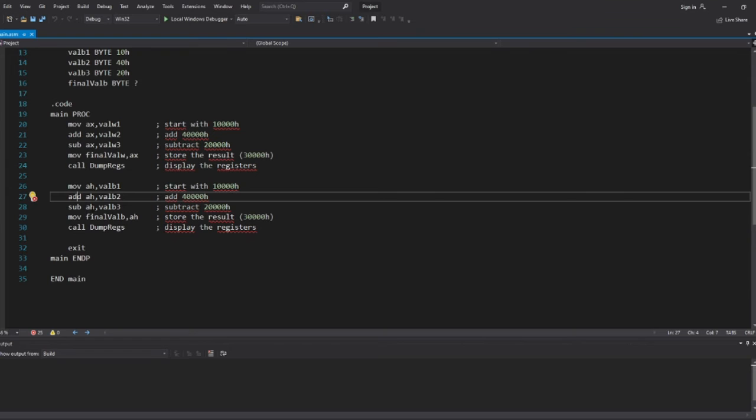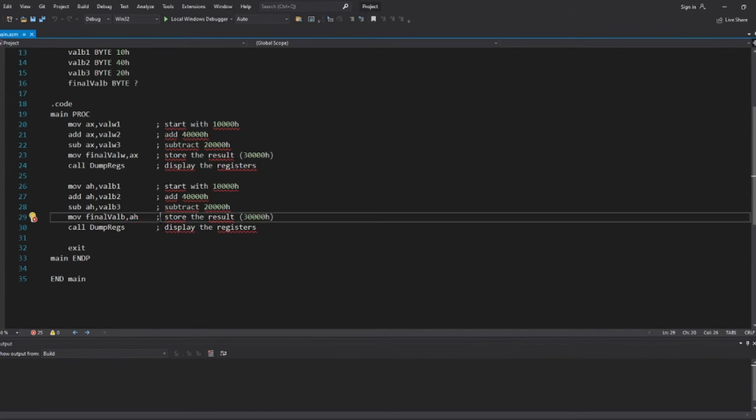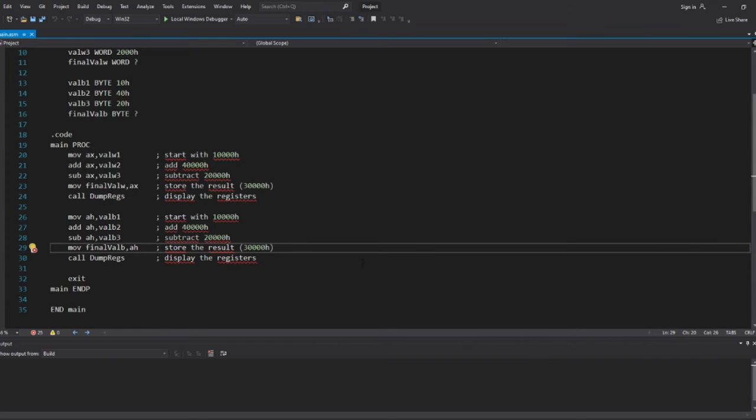Next is sub AH, value B3, which means we subtract 20H from the previous value 50H, so we get 30H, and then we move the value into the final value B. The final result is the same as before, and then we call DumpRegs to display the registers. That's all for the program.